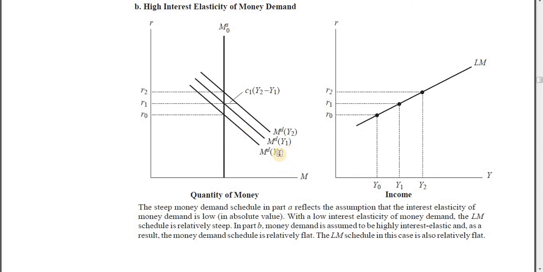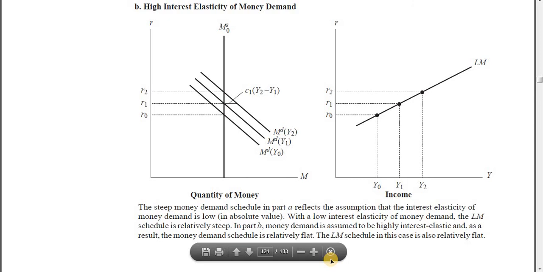curve. So income has gone from Y0 to Y1, and a little bit of change in the interest will re-equilibrate the money market. So this is how we got point R1, linking point R0 here till here. And then if we go for a higher increase in the income, a further little bit of change in interest will re-equilibrate the money market. This is how we got point number R2. So linking all these 3 points, we will get the LM curve, which is quite simple.